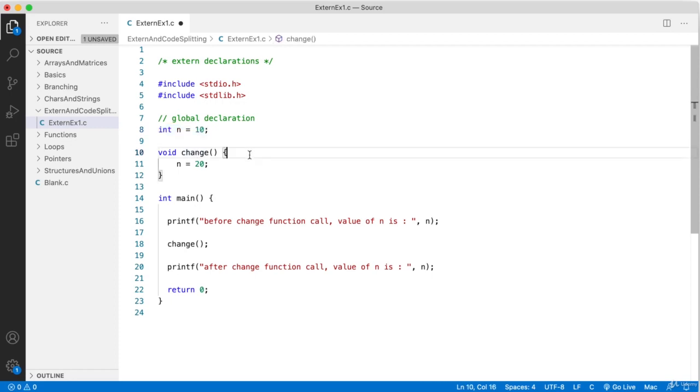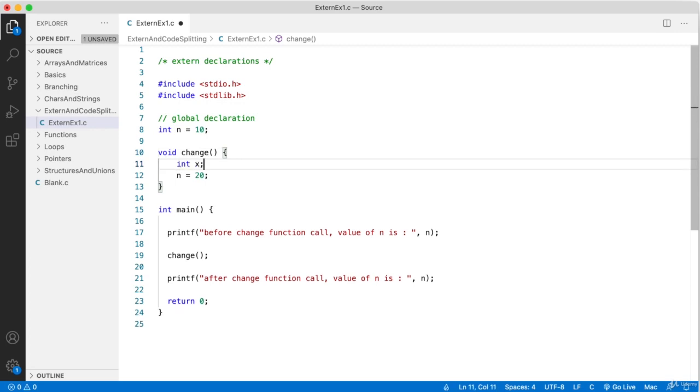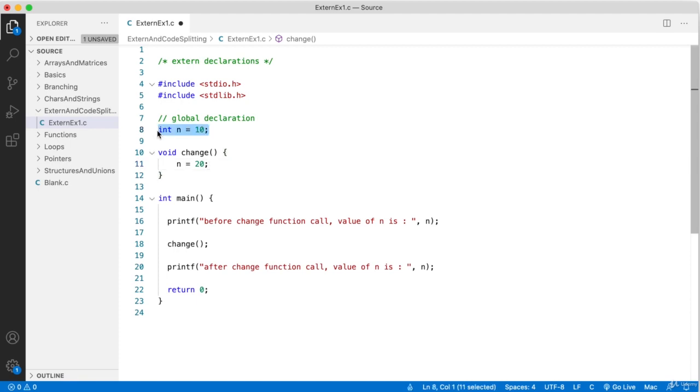program. So if a variable is declared within a block, something like x here, within this block, then the visibility of this variable and the existence of this variable will be dependent on the lifetime of the block. So it exists only for this block and not outside. But when you declare a variable outside, that is global. So from the point of declaration to the rest of the program, you should be able to access that variable without passing it explicitly. So here n is 10. n is a global variable, so n could be accessed anywhere, inside the change function or inside the main function, etc.